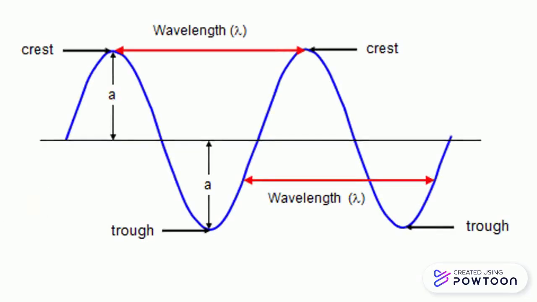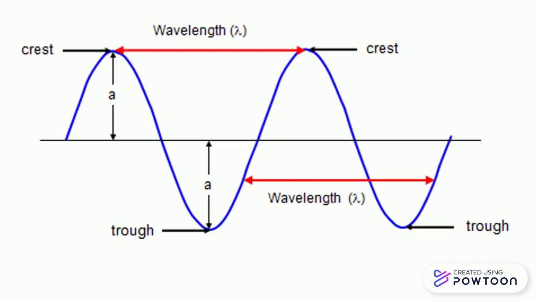As you can see, there are different parts of the wave. So, a crest is what looks like the top of a transverse wave, while the trough is the bottom of the wave, or the lowest point of the wave. Then the A with the arrows that you can see on the diagram, that's the amplitude. The amplitude is basically just how long the distance is from the crest or the trough to the center line